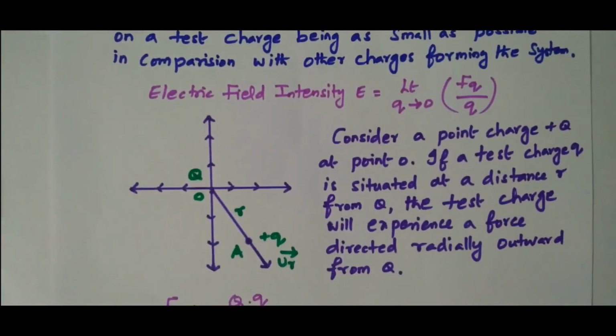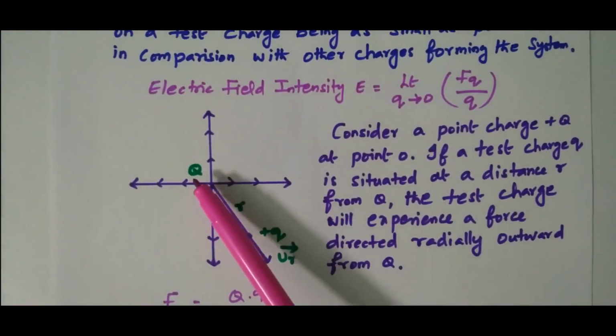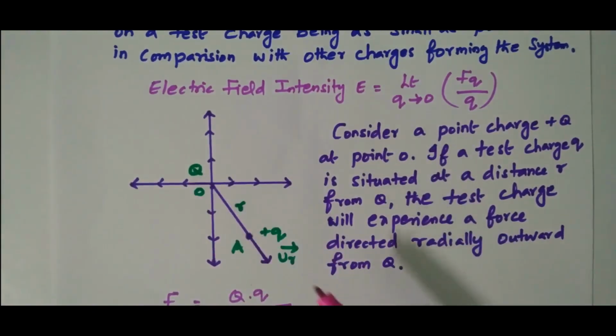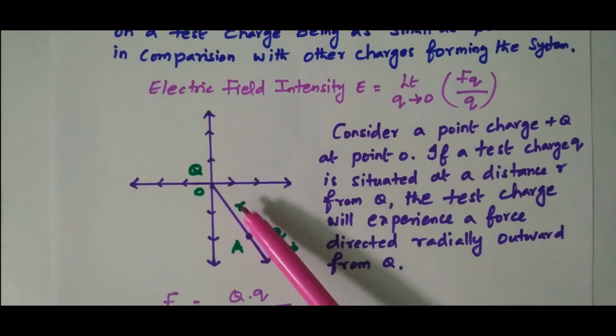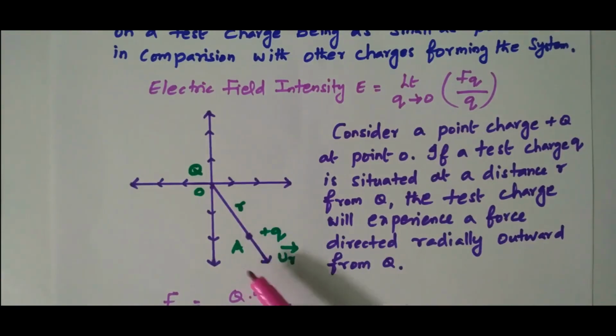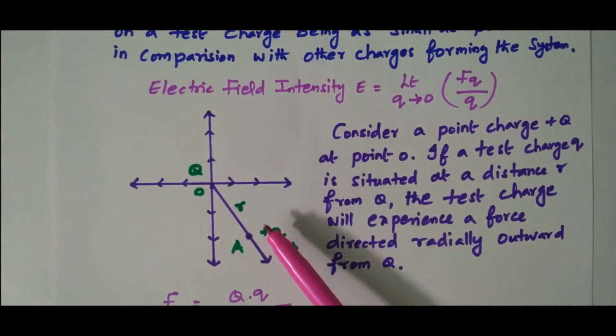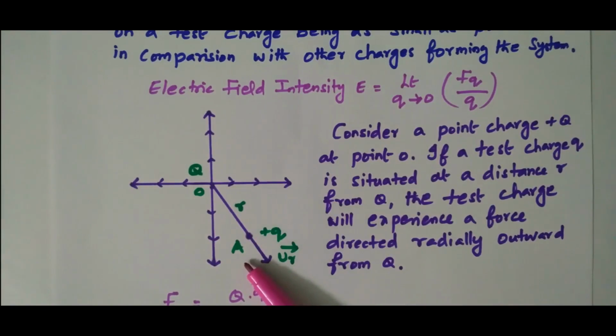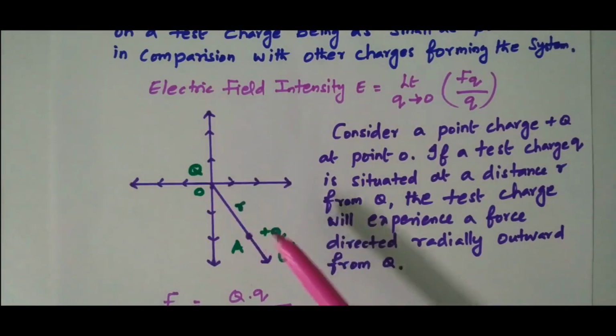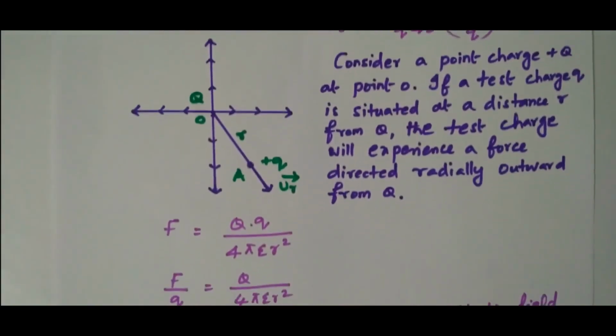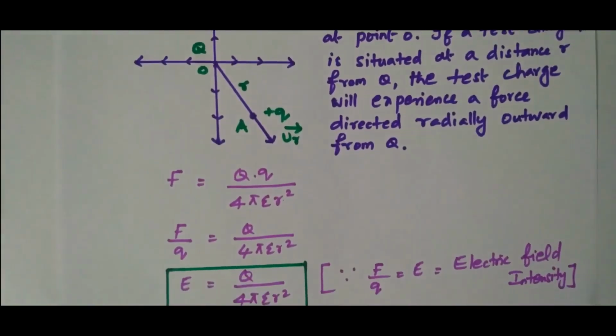We can refer to this diagram. We have one charge placed at the origin, capital Q, and another charge, small q, placed at a distance r meter from the origin at point A. This UR is the unit vector. So we have one charge at the origin, another charge at a distance r meter at a point A. So due to these two charges, a force will be created. That force is given, based on Coulomb's law,